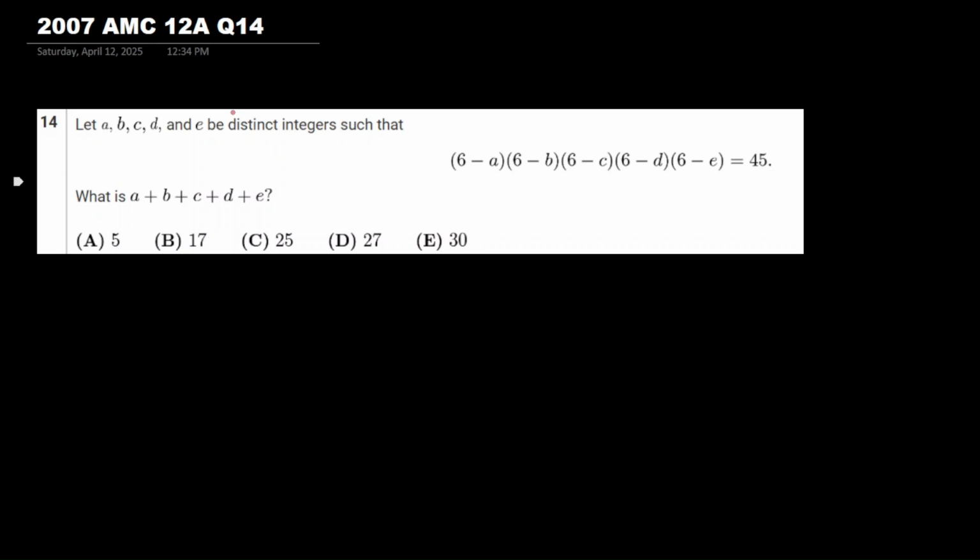So we can start by knowing that all five of these are integers. These expressions are integers. So now if we think of what multiplies to 45, we can just prime factorize 45 and see. So 45 can have a 3 squared and then a 5. So we can try combinations because we want to get five products. So we need to get 5 expressions here. So we can have 3, 5. We can also have a 1 and a 1.